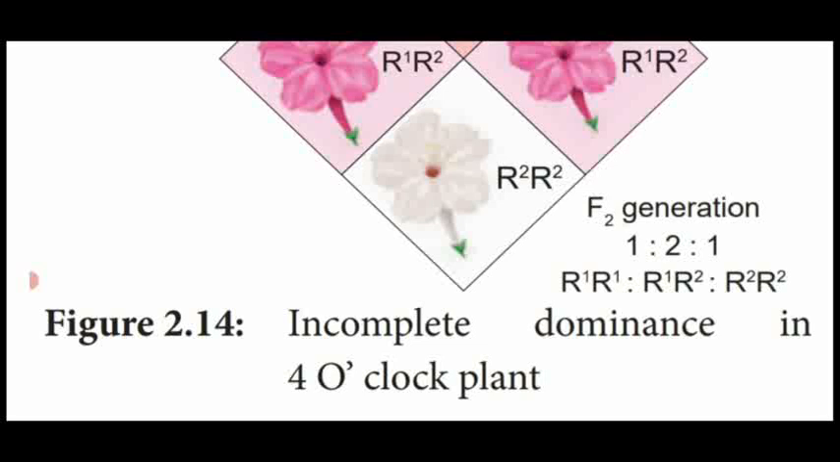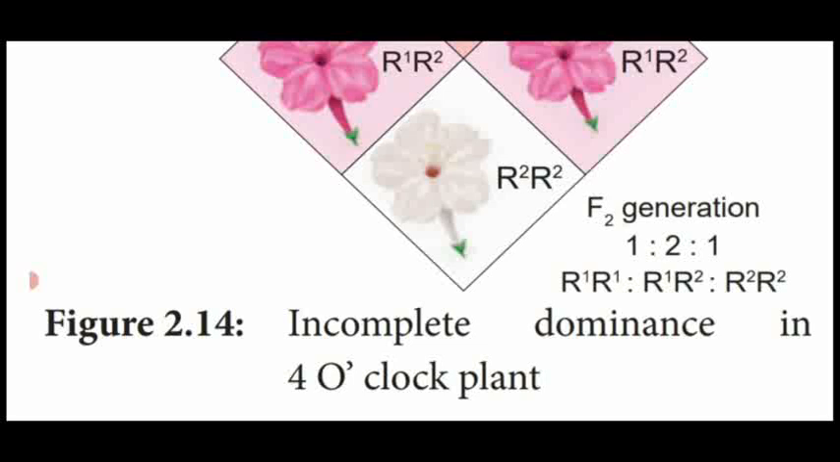R1 R2 intermediate pink color heterozygous. So both red color and white color are homozygous, but R1 R2 intermediate is the heterozygous. That is also possible. That is said to be the law of segregation, monohybrid cross, which is proving the